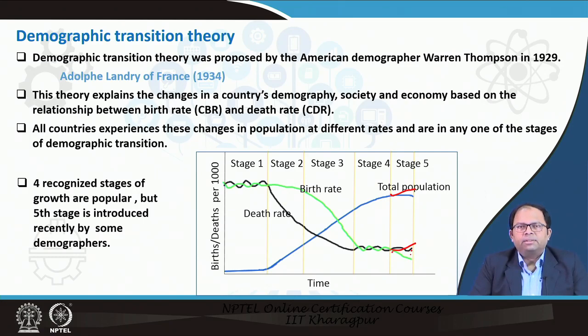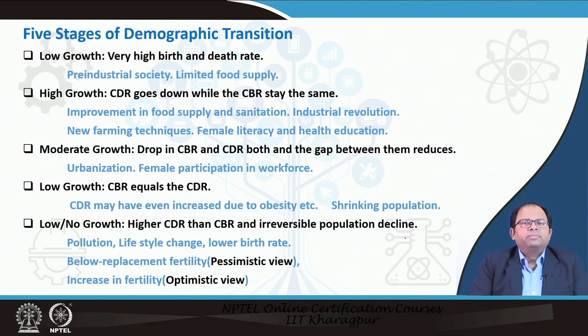where we say that there may be a permanent fall in the death rate, or there could be a situation where the population is either increasing, or a situation where the population is actually falling. It depends on both the birth rate and the fertility rate. So to explain these 5 stages in detail, and how they influence society, we can say